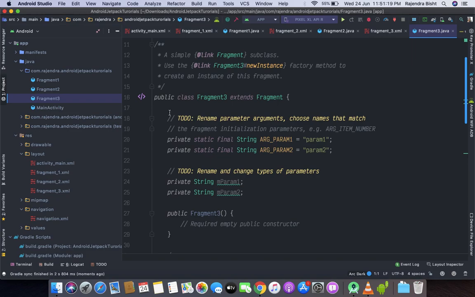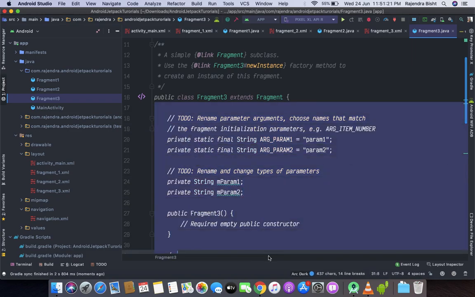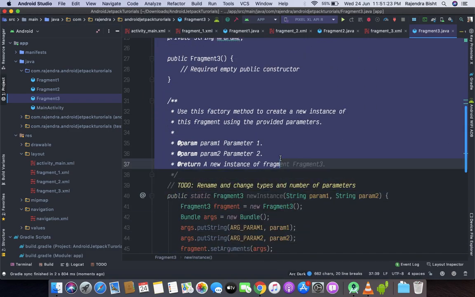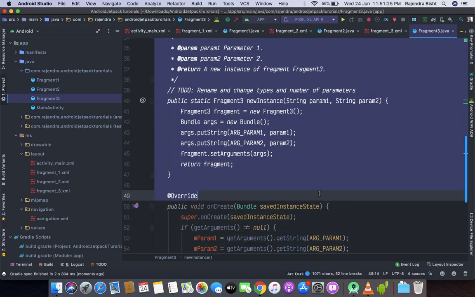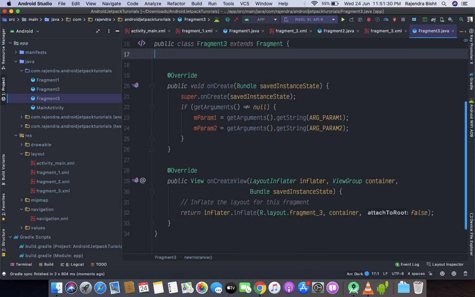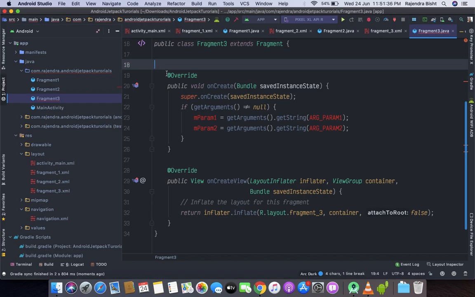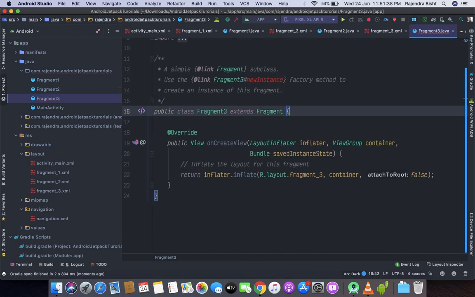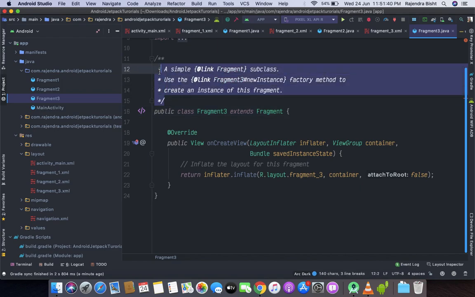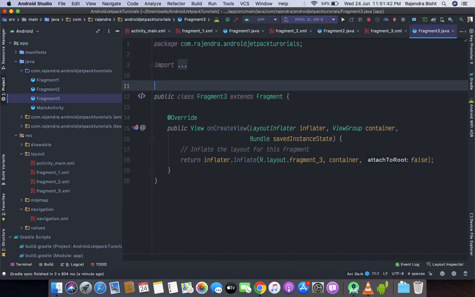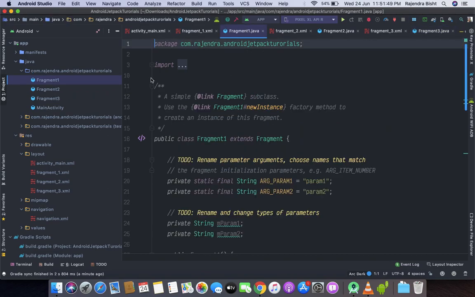Here I am just removing the extra code. This is fragment 3, this is fragment 1.